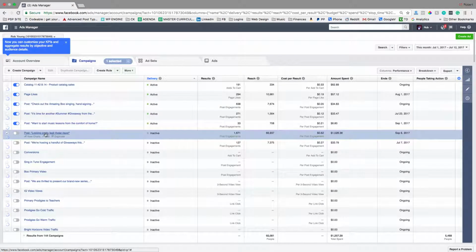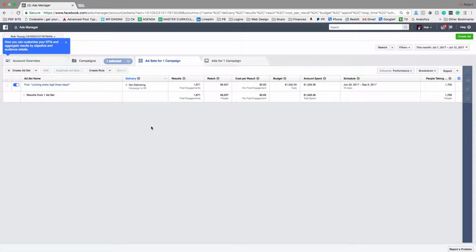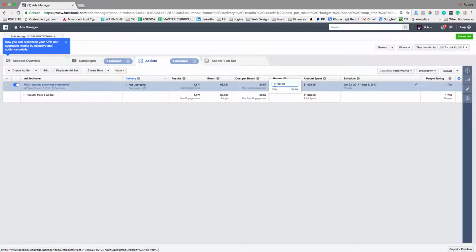So here's the post, looking pretty legit these days. So it's probably because this is set to daily, which is insane. So maybe the problem is that I shouldn't have been using the front end editor, but either way, just a quick heads up that the front end editor and the more back-end Ads Manager editor are not in sync, or at least that there's an easy way to knock them out of sync that cost us about $600 to